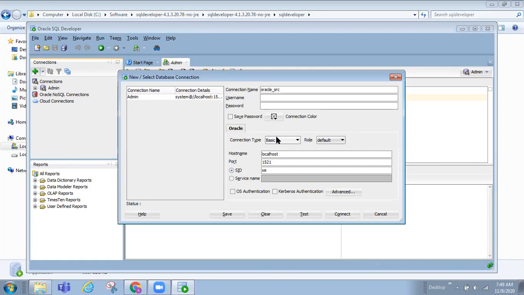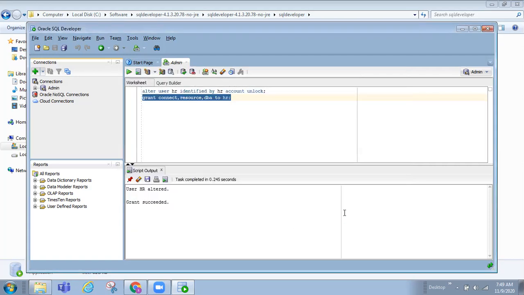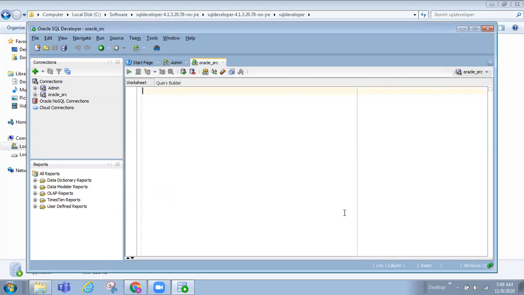And then the username as HR. Password HR. And again, click on test. Here connection got success. Now click on connect. So here you can see the Oracle SRC has been created and the admin has been created.